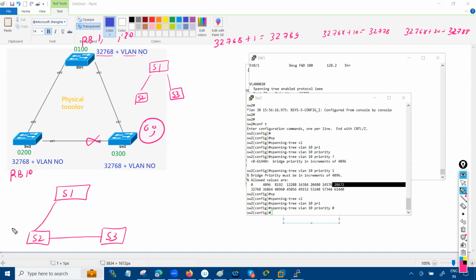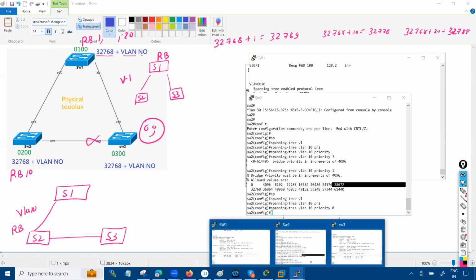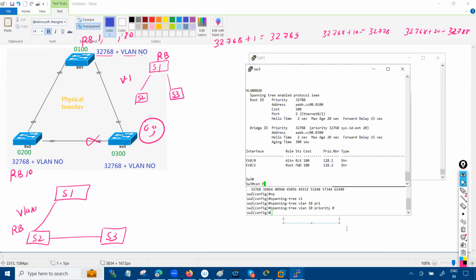Like this way, because he is the root bridge. In this case, for VLAN number 1, he is the root bridge. For VLAN number 10, he is the root bridge. Now, same thing, I just go on switch 3 right now. On switch 3, I can say that, hey, listen,